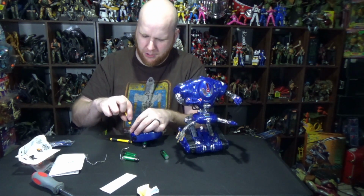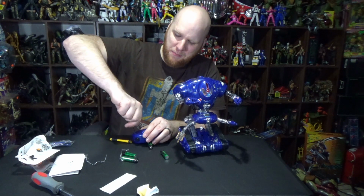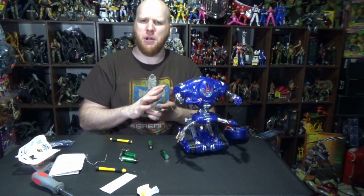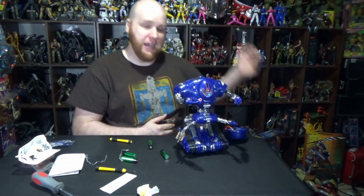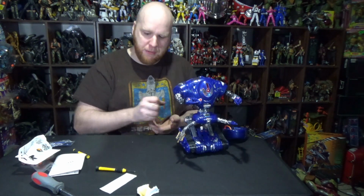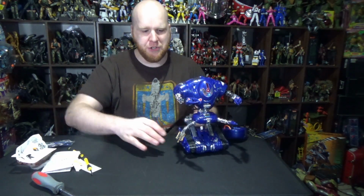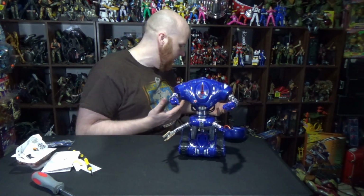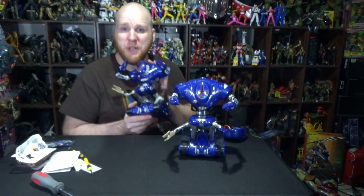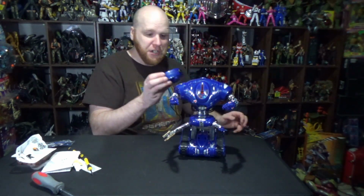One thing is, I know when I was a kid, I think this one's really cool now, but as a kid, I would have not liked this one. Because one, he wouldn't have scaled with the smaller figures, so it would have bugged me. Which is why I really love the small ones. I still do. Those are my preferred versions. If you're only going to get one version of this robot, that's probably good enough. Between the two, I would have probably went with this one too, because it doesn't have the wires hanging out. So it's harder to display, but as an adult...